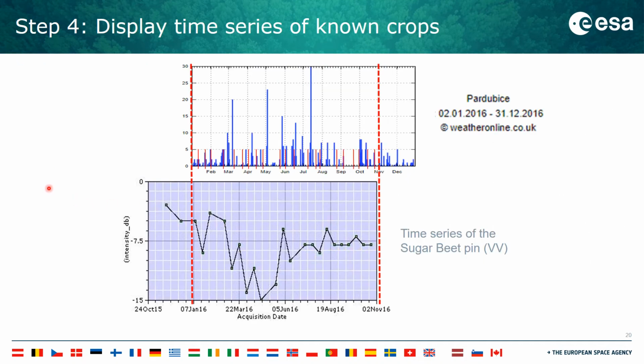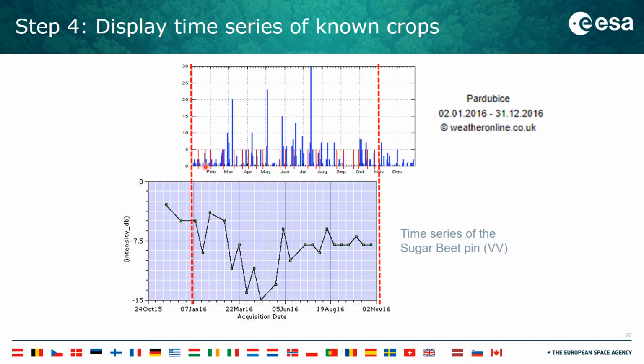This slide is just to show you, to compare both. For the case of sugar beet in VV polarization, it is very hard to put them both in the same scale because they come from different softwares, and this was not really a graph, it was just an image. But I tried, and the reason I tried is because it helps us understand how the timing of the acquisition matches the rainfall measurements. This line corresponds to this acquisition, the second line to the second one, and it's interesting in the case, for example, of this second one, because we can see that there was